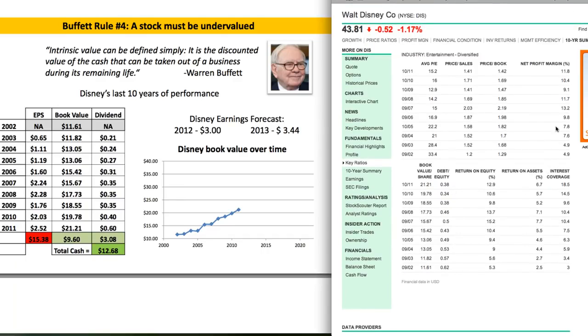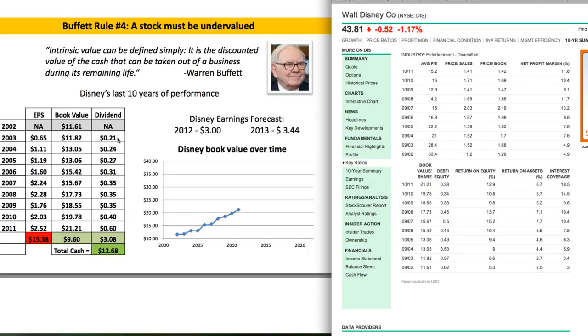So when we get here to the 10-year summary, we clicked on it, and we got the book value per share. You can see the 1161 is this number at the top, the 1182 is the next number, and it keeps going down. And the current book value at the end of 2011 was $21.21. Now, if you wanted an even more current book value than that, you could go into the balance sheet, pull up the equity, and divide it by the total number of shares outstanding to get an even more current book value than the one that's listed here. But for demonstration purposes, we're just going to do it this way.